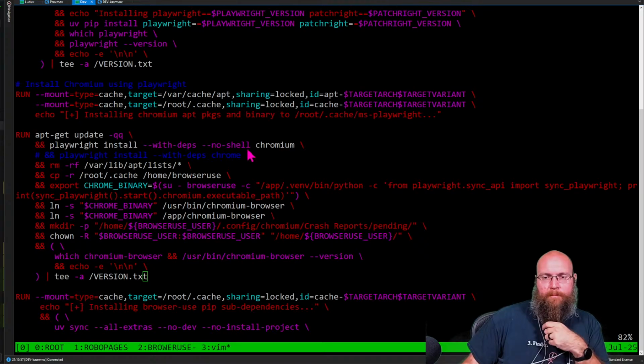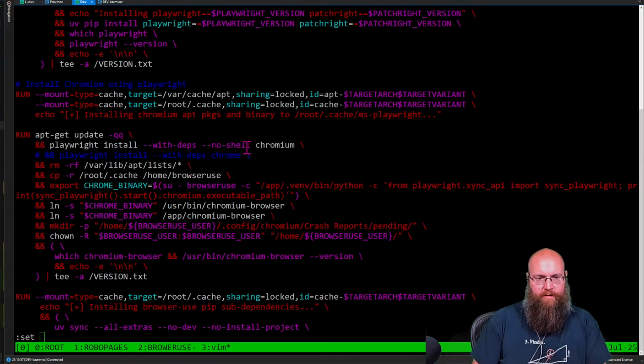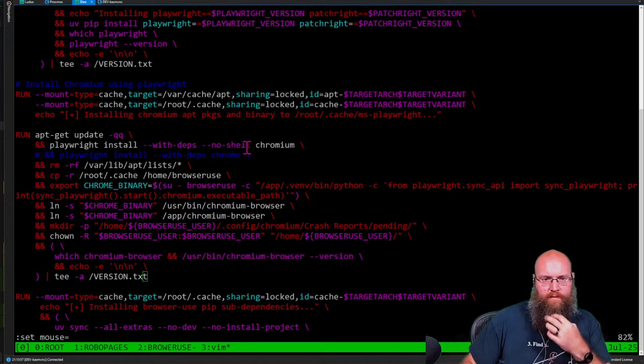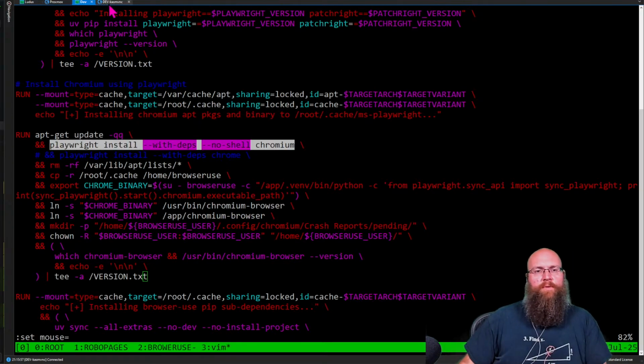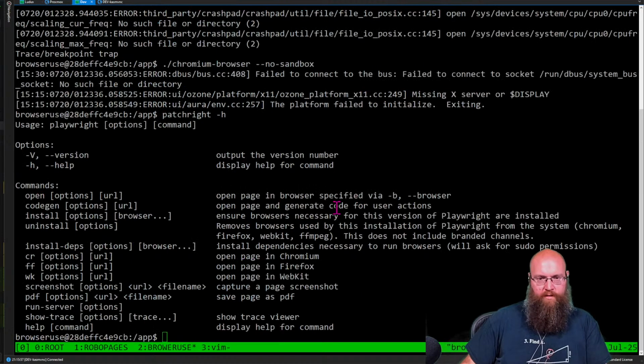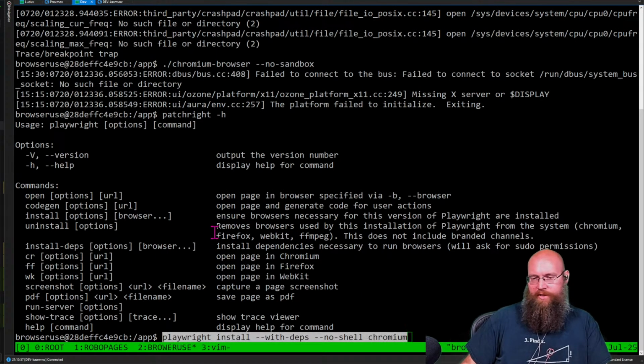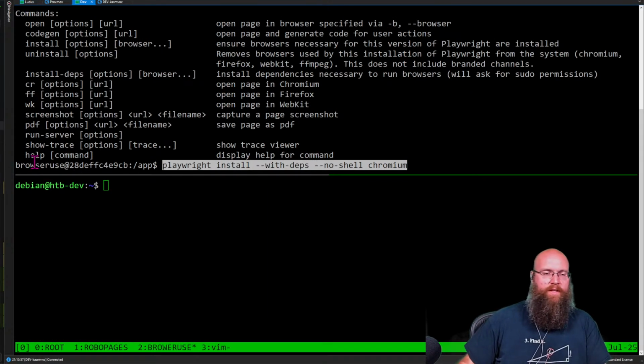See that? Need something. Try something quick here. So what I'm going to do is I'm going to take this, and rather than using Playwright, I'm going to try using Patchwright, because I just want to check something real fast as we kind of hack around on this. Actually, this is probably going to fail simply because we're in there as browser-use. So what I'm going to do is